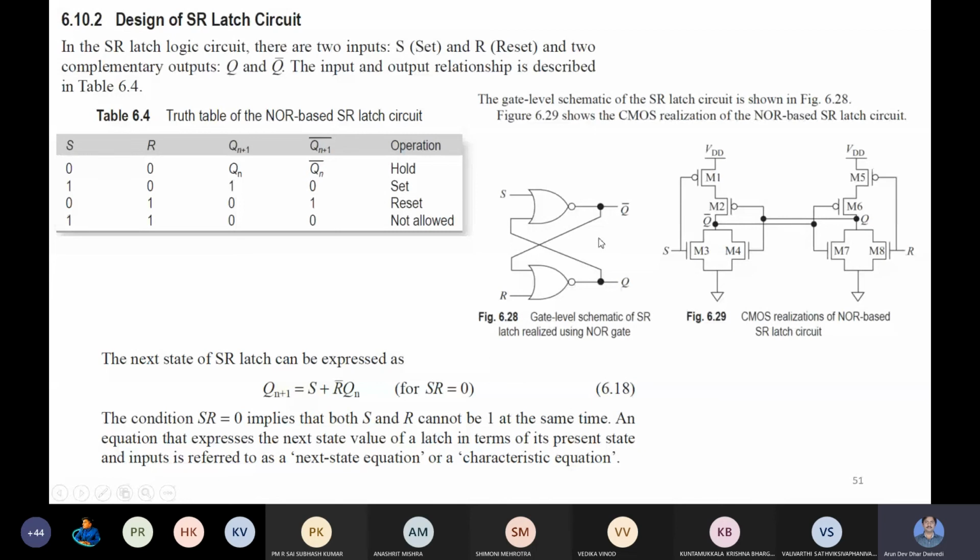So whatever NOR based implementation of the SR latch, that is modified here, as the clock is also coming. So it is modified accordingly. And also quickly we can see, you can go through that material. Also design of JK flip flop is possible. JK flip flop: here you can see the logic gate level implementation of JK flip flop.